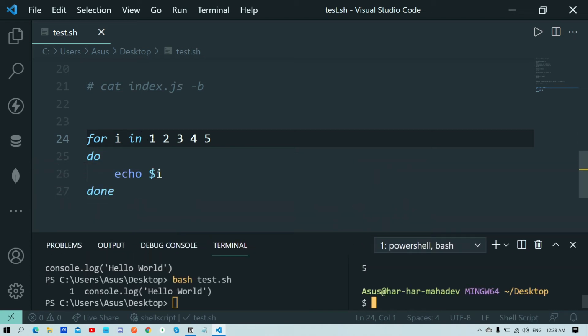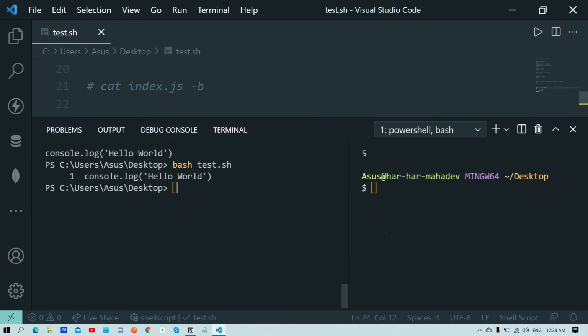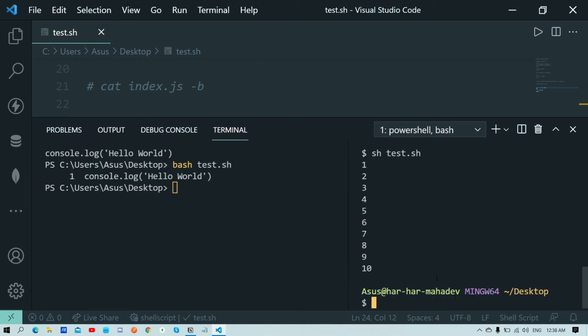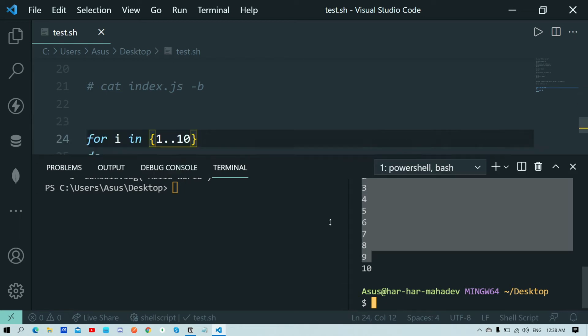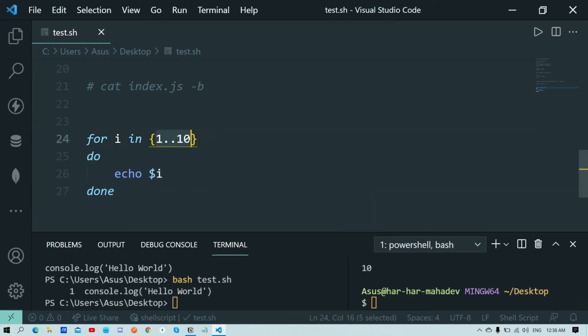Now imagine if you want to print from 1 to 10. In that case, we simply use the starting number, dot dot, the ending number. Now if I hit again, it will print from 1 to 10. So make sure if you are using a for loop, use it like this.